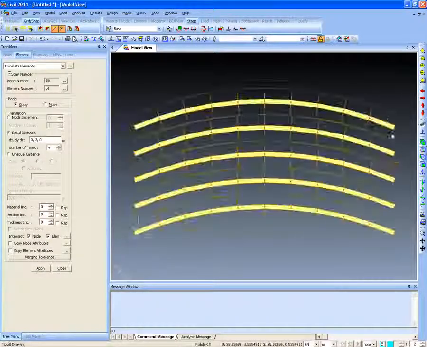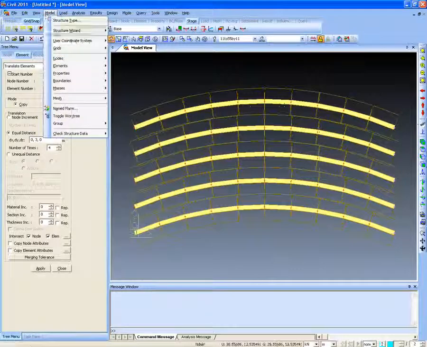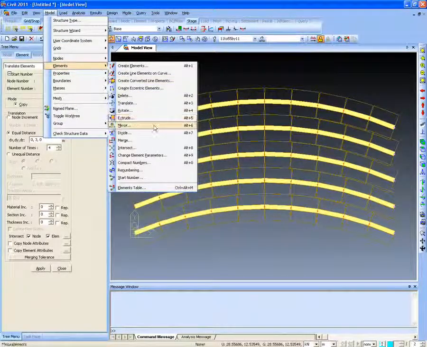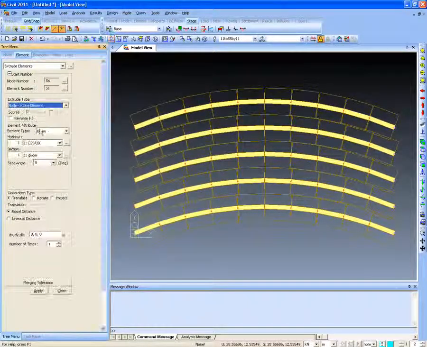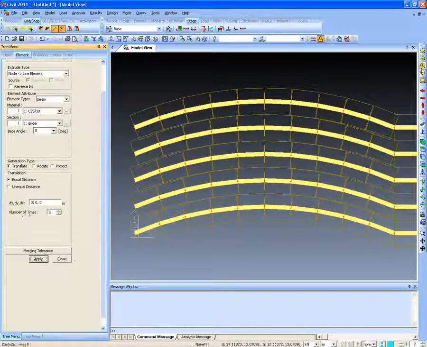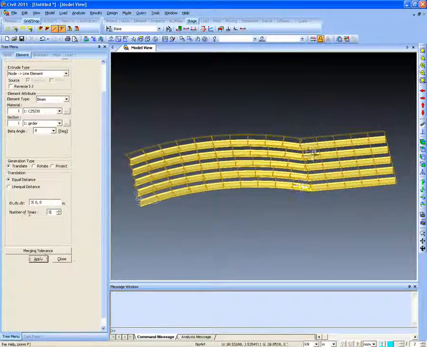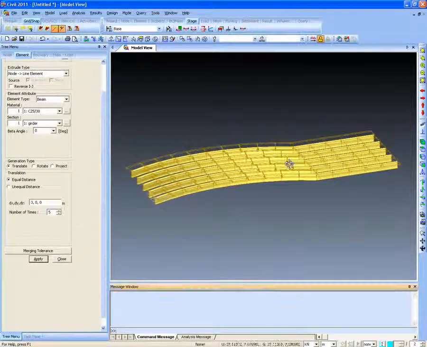First of all, I will select the nodes and I will extrude the nodes to create the beam elements. As you can see, I selected the nodes and MIDAS Civil has extruded the nodes into line elements